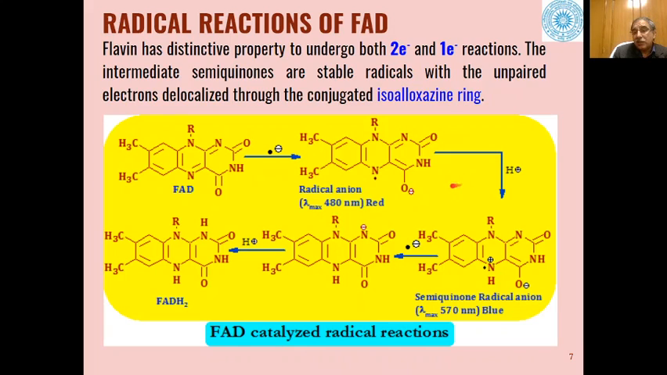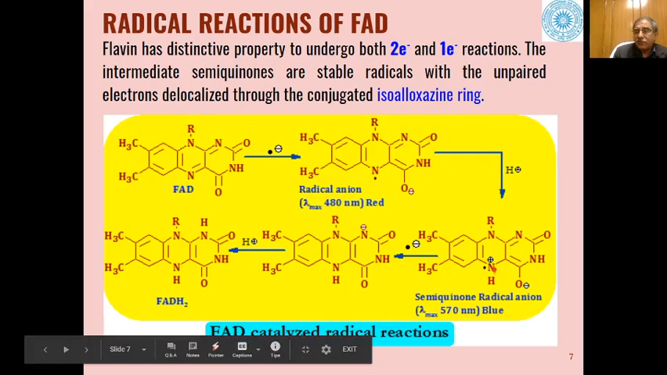Then this radical is a stable radical, and this will interact with H positive ion, and we will get the semiquinone radical anion which will absorb at lambda max 570 nanometers. So this will appear blue, this will appear red. Then this anion